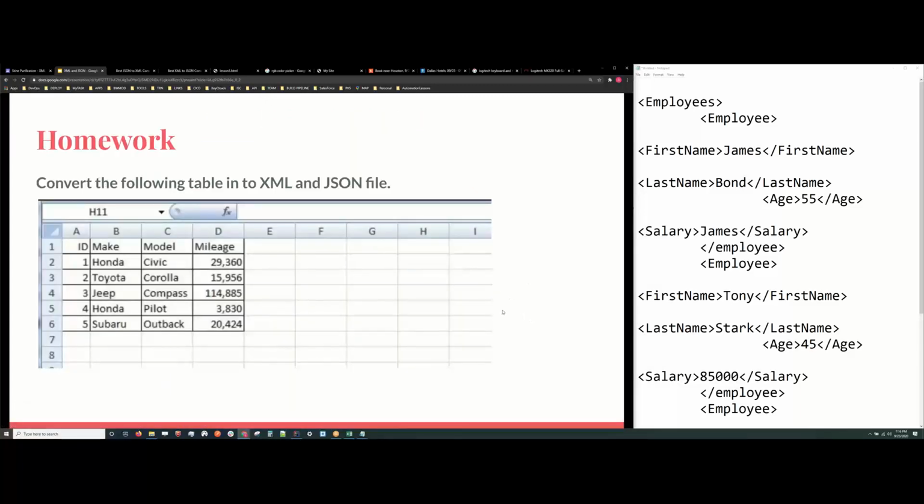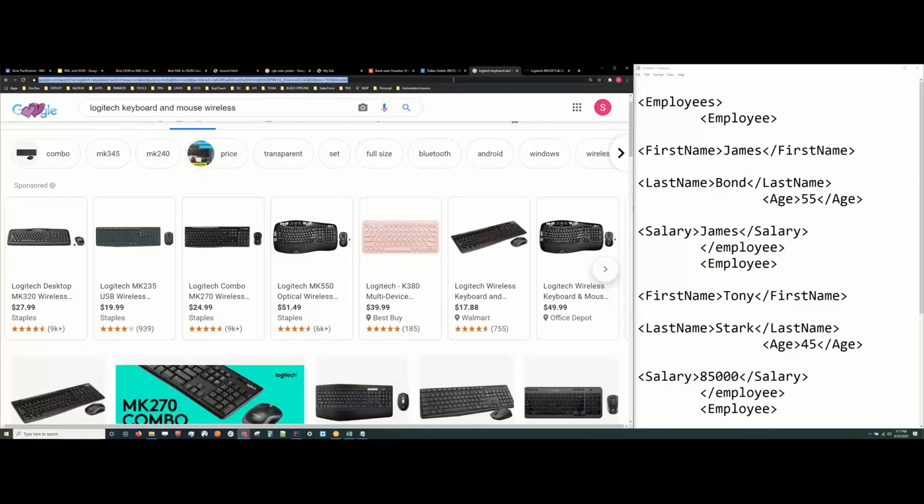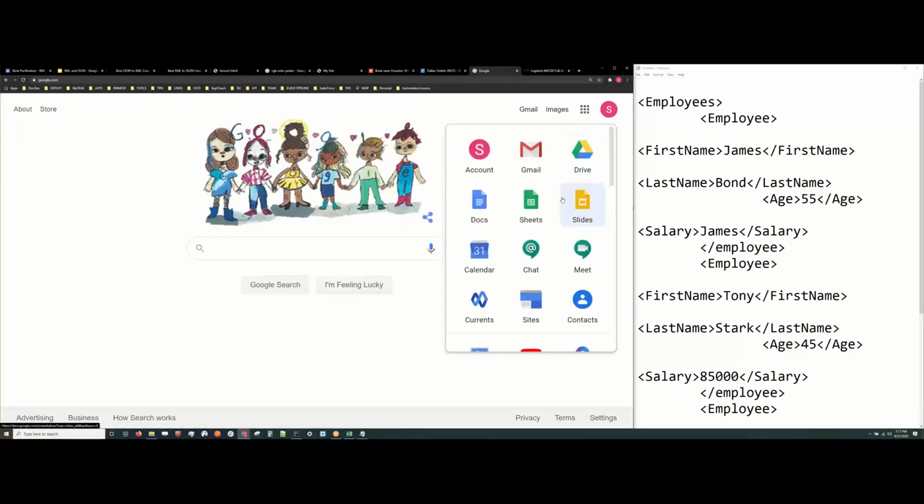All right, folks, this is your homework before we end the class today. It's on the very last slide. The table is provided here. You have to convert this into XML. So I need to see XML data. I need to see JSON data. You are going to post this into the homework that I'm going to give you in your automation class in Google. So when you go to Google, I didn't post it yet, but it's going to be there shortly. You're going to click on